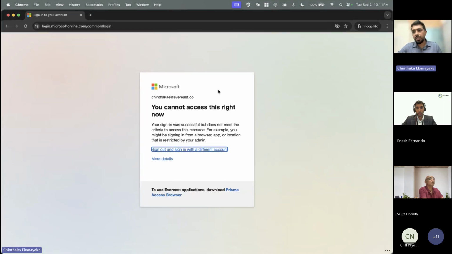A few other mechanisms we can use: we have inbuilt certificates available on the browser, so we can do cert-based controls in case you are not able to do conditional access policies, or if you want additional controls. Apart from that, we can do header insertions in the browser, which we have implemented. Let's say there is a firewall device or a WAF device where we can look at a specific header and put in controls, we can do that. And also, apart from that, we have a browser extension.